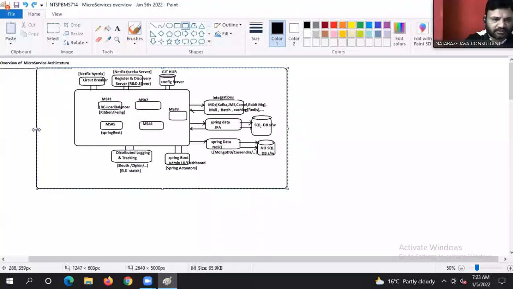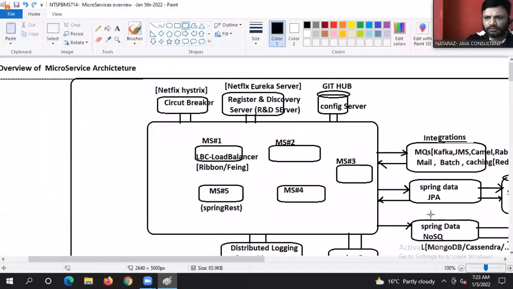Yes, my dears. Still the architecture is not over, guys. This is okay.